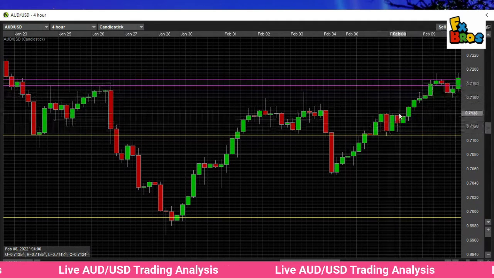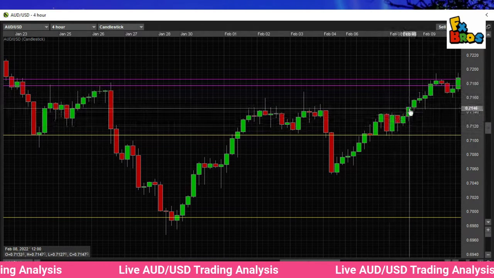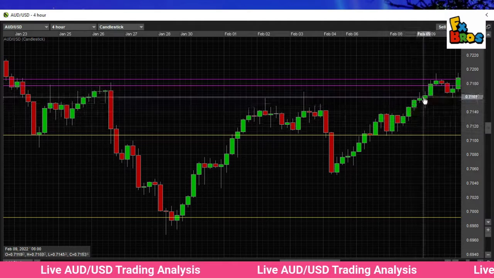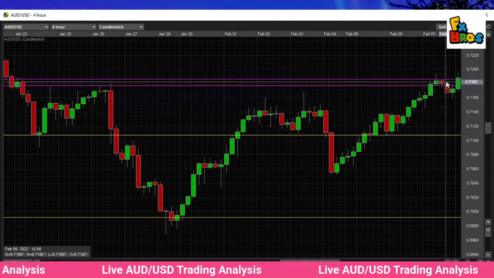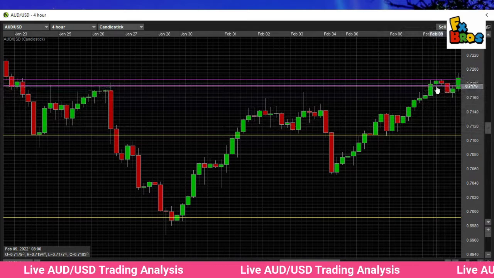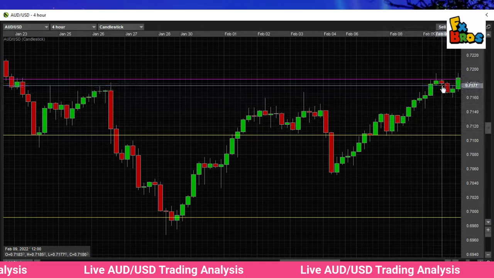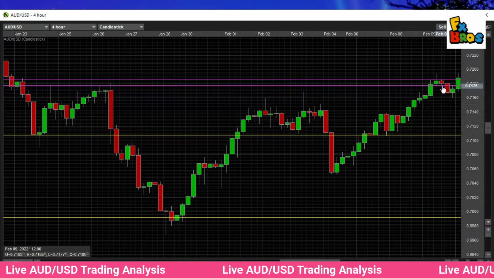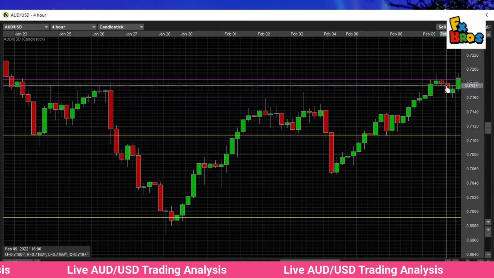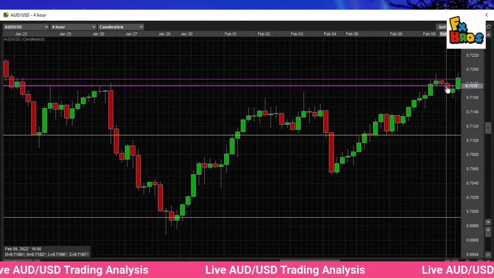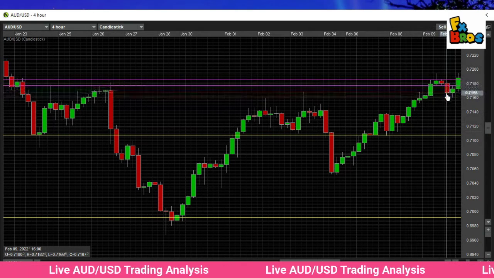Being that you was in buys from this area right here, breaking out, you would have been moving your stop losses up. And if you would have had a stop loss right here, you notice price never broke below. That would have been a good area to get stopped out. And the next candle would have definitely done that for you. Now on the flip side, if you were to wait for this candle to close